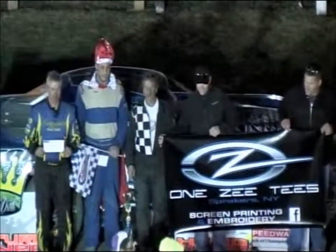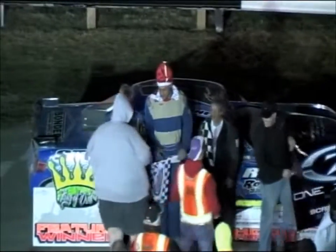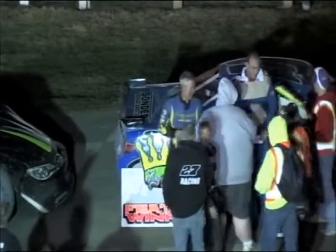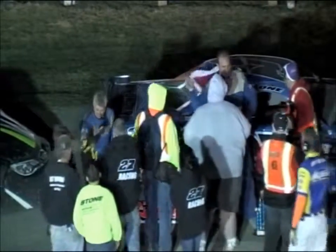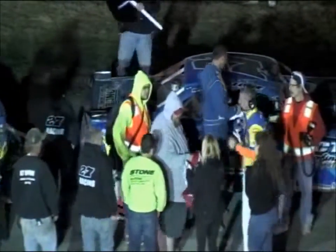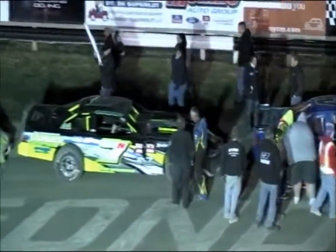Starting 9th, John McAuliffe in the 23. Starting 10th, Whitey Slavin in the 53. 11th starting spot, Chris Schaefer in the 34C. Starting 12th, Cody Clark in the 10%. Starting 13th, Rick the Quick, Ricky Quick's 84, and starting 14th, the Flying Onion, Tony Ferrone in the 18. Starting 15th, Mark Mortensen in the 1M, and Danny Santa Barbara starts in the 16th spot with the 7J. Starting 17th, Matt